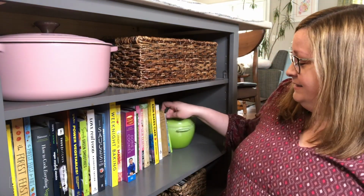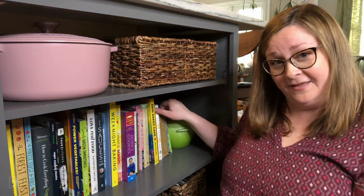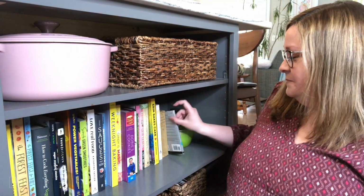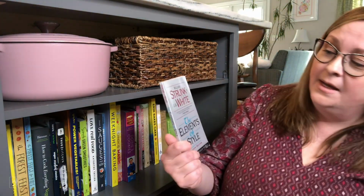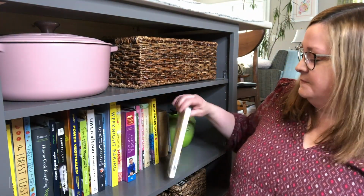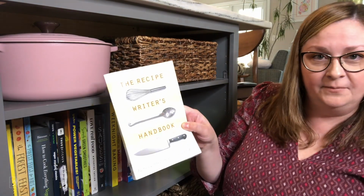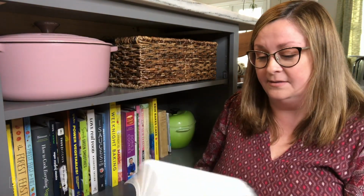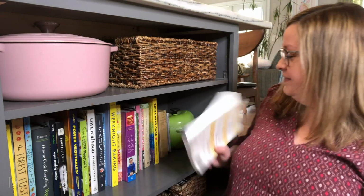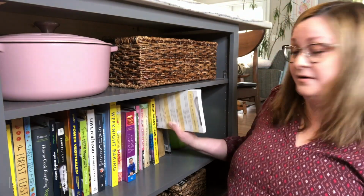And then last but not least, because I do write about the things that I bake frequently, I have a couple of resource books down here that I use all the time, like my little Strunk and White. This book in particular, the Recipe Writer's Handbook, is fantastic. It's great to just get some structure and ideas, wording. The other thing that I love to go to for wording